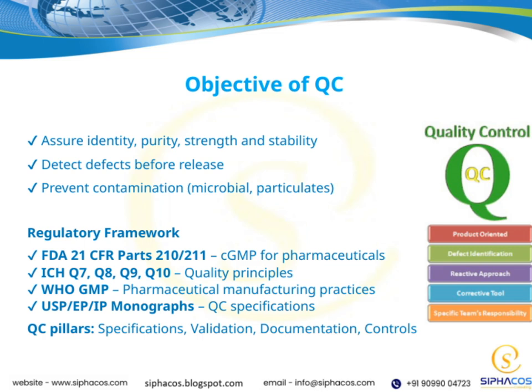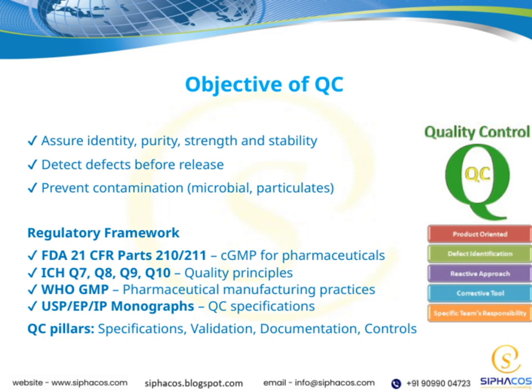We also follow international guidelines, such as ICH Q7, Q8, Q9, and Q10, which cover quality principles, risk management, and process validation. The WHO GMP standards are another cornerstone, providing global best practices for pharmaceutical manufacturing. Furthermore, we rely on official compendia like USP, EP, and IP monographs, which specify detailed QC tests and acceptance criteria